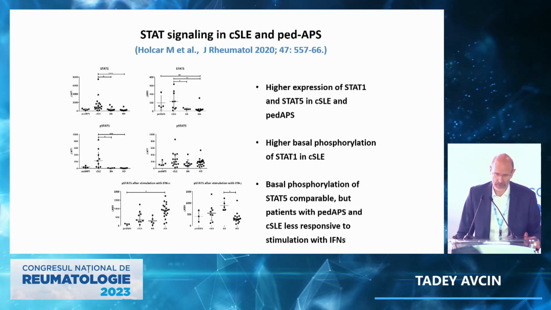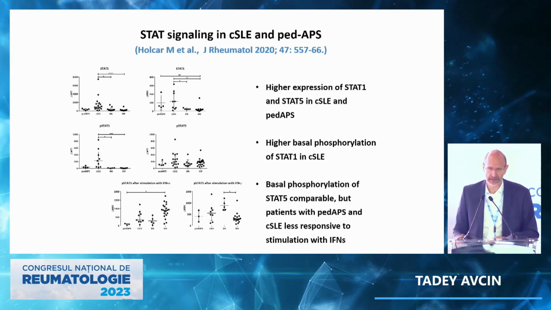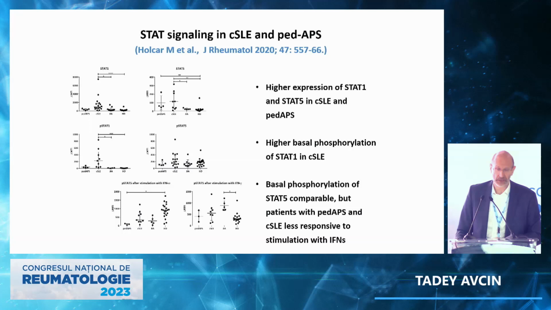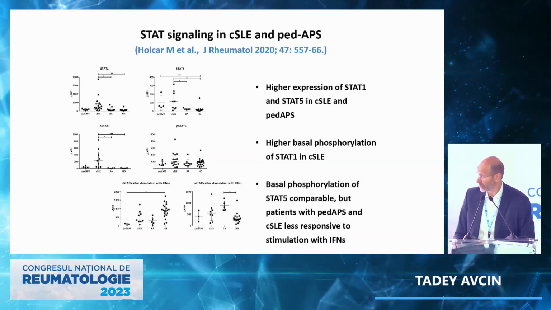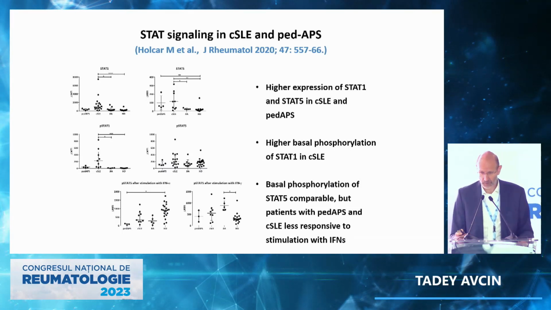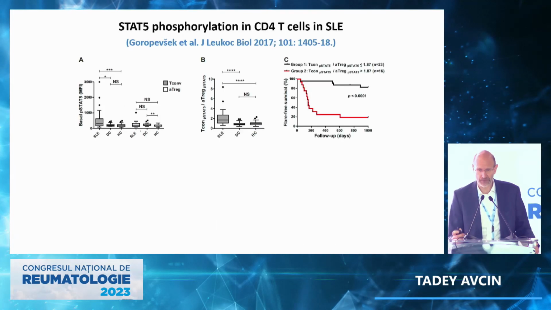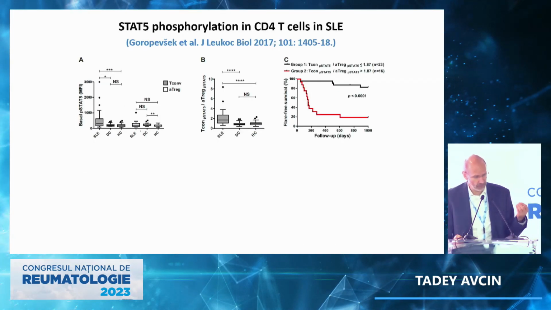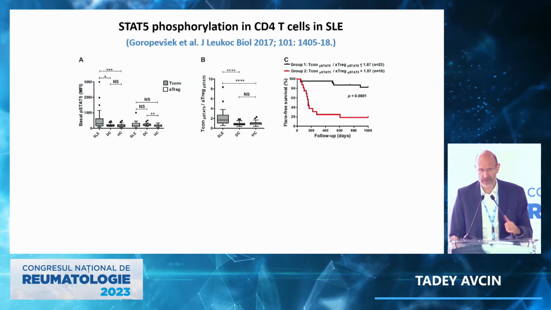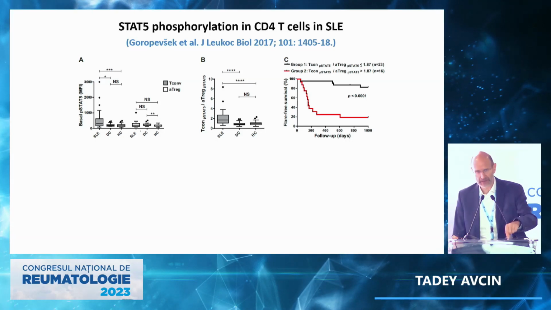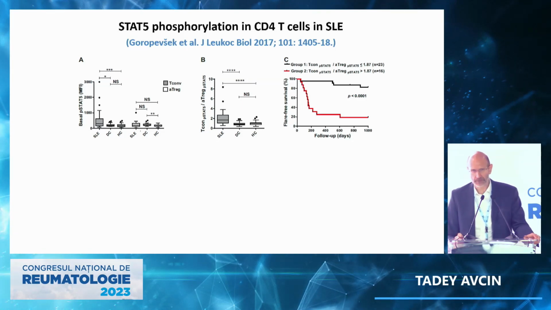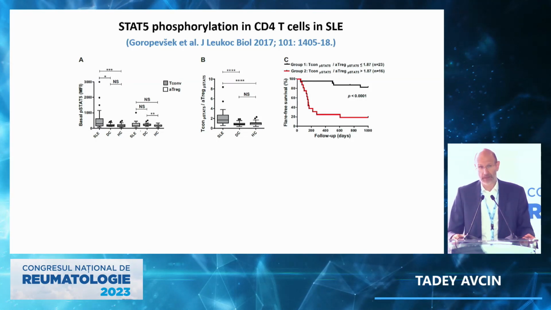Just briefly, I would also like to share somehow our data on STAT signaling in childhood onset SLE. We did show and publish this a few years ago in Journal of Rheumatology: higher expression of STAT1, STAT5, and also higher basal phosphorylation of STAT1, while basal phosphorylation of STAT5 was comparable, but there was less response to stimulation. We deep dived and looked deeper, not just at the STAT signaling in the mononuclear cell population, but specifically in different subsets, and we found that particularly in CD4 cells, there is a subgroup of patients with a